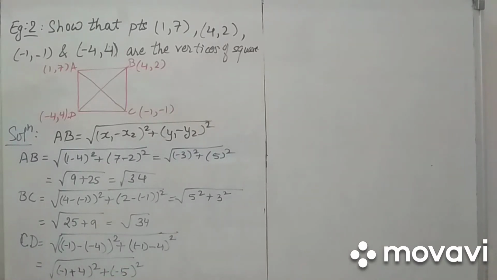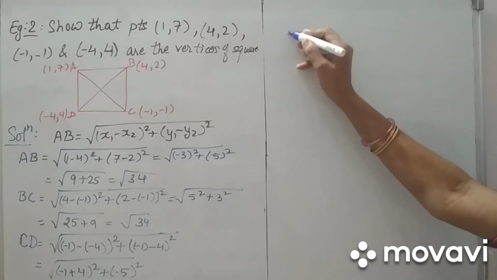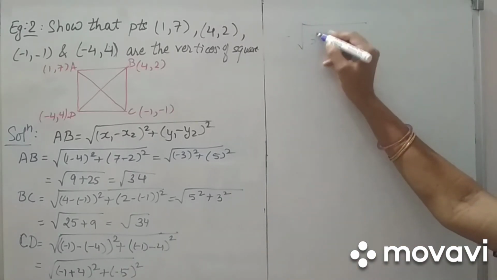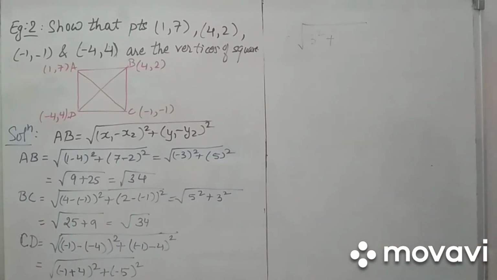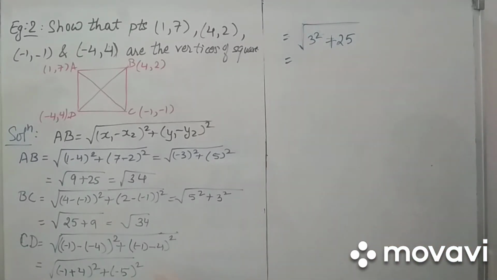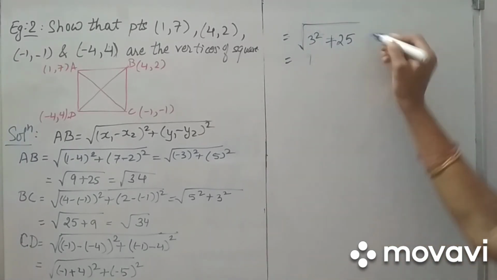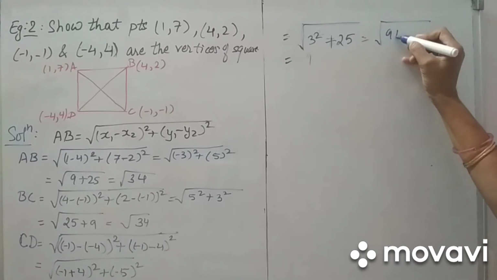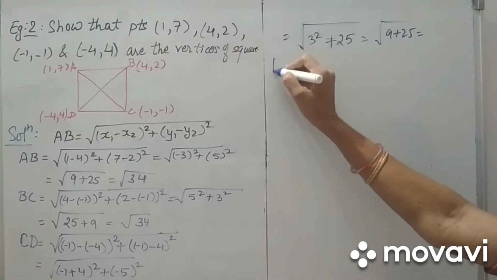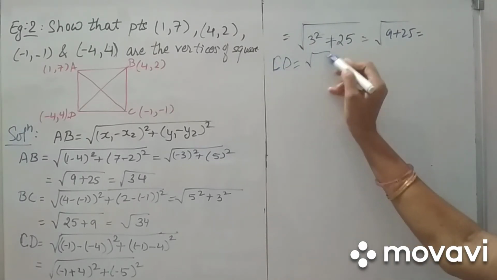Simplify minus plus minus: take the sign of the greater number. So the greater number is my positive 4. So I am getting 3 square. So the solution would be 3 square and the square of minus 5 is 25. 3 square plus 5 square is 25 plus 9. As it is negative, but on squaring it becomes positive. So this will give me 9 plus 25 is equal to, so I write it, CD is equal to root